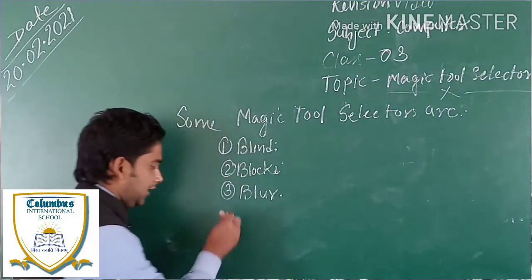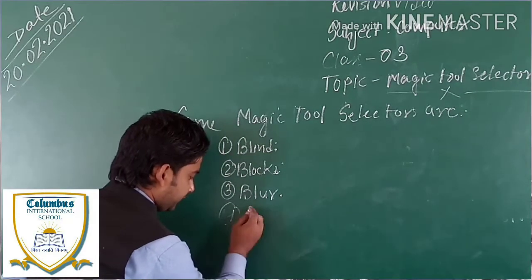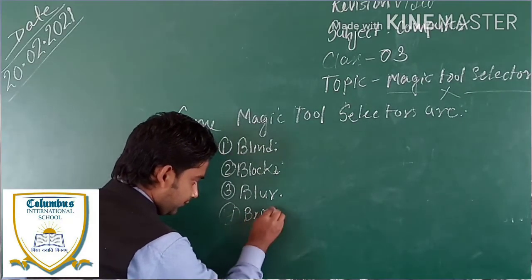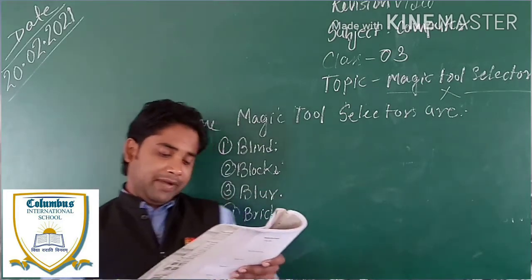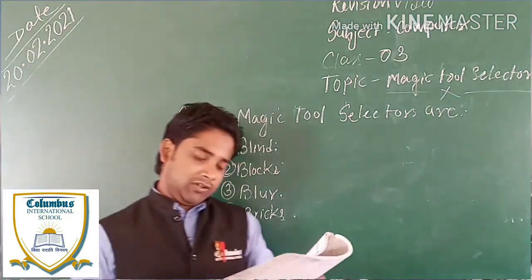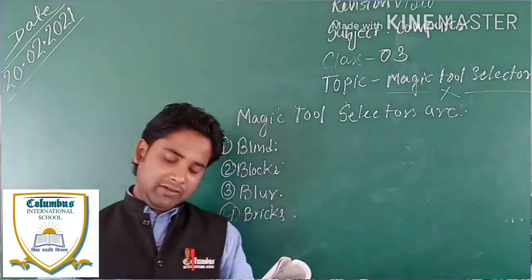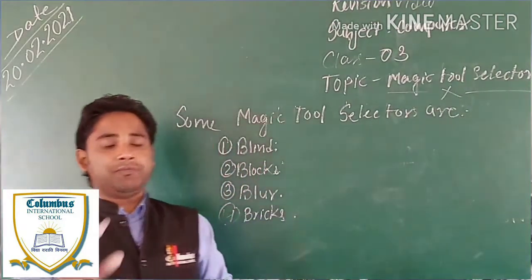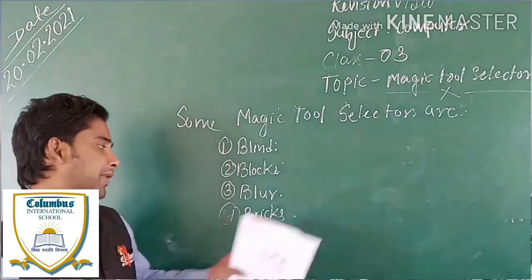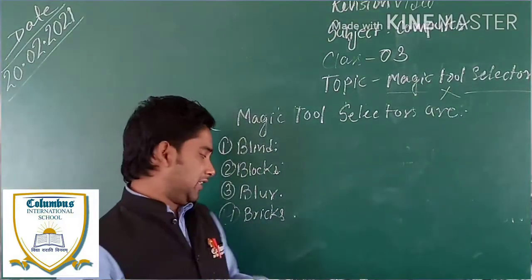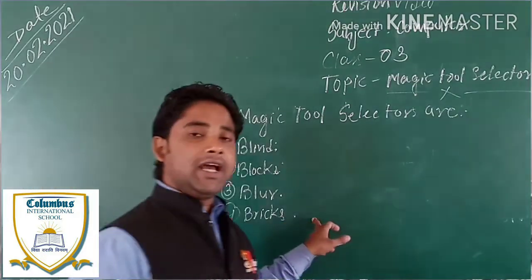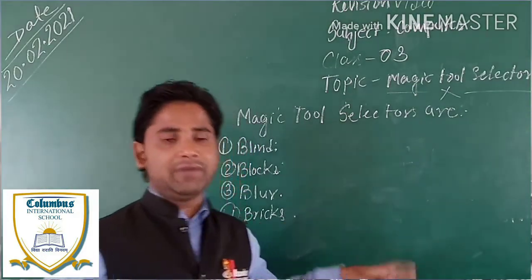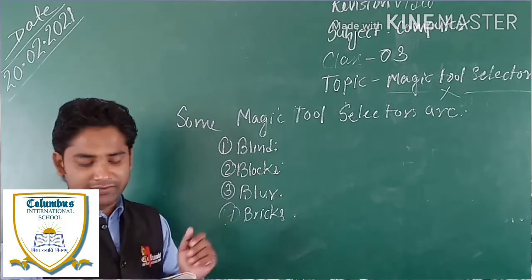After that it's bricks. What is bricks? It paints a realistic large or small brick pattern on the canvas. This is used to paint bricks on the canvas. So its function is to paint bricks over the canvas, and that can be large or small depending on the area that is given to it.